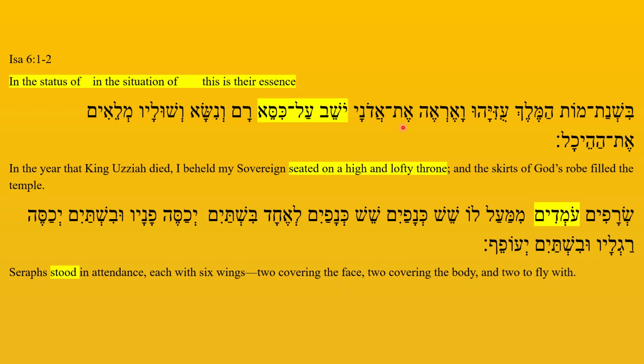Et gives you the direct object then. What did he behold? He beheld Adonai, my Lord or my sovereign, yoshev al kiseh. And that's translated seated on a high and lofty throne. Okay, that's poetic. It's nice in that translation. But it means so much more than that. It means that my Lord